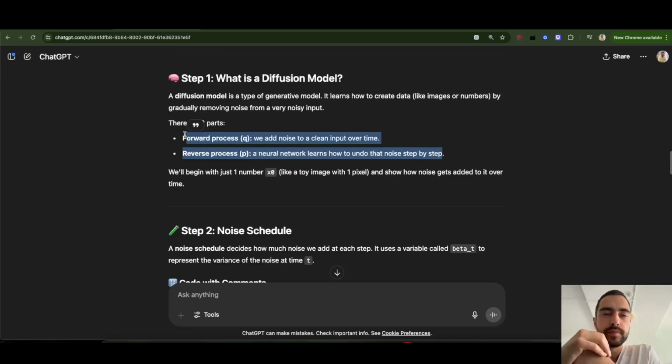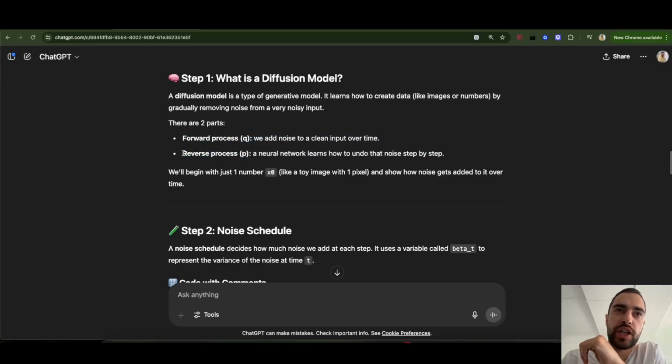image. So that's during training, and then during inference, we can just start with any random noise image, and we can use this reverse process to generate some image, and we can condition that on text. So we can couple those images with text as well. We'll begin with just one number, x0, like a toy image with 1 pixel, and show how noise gets added